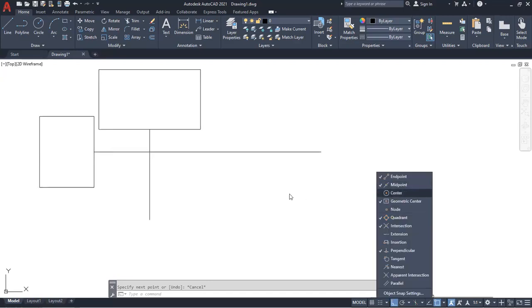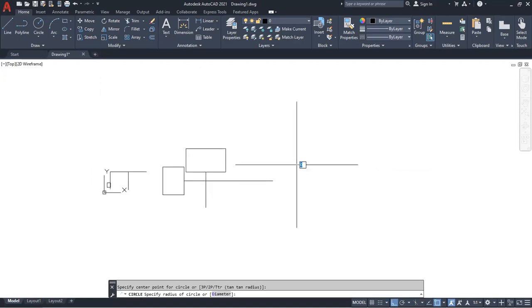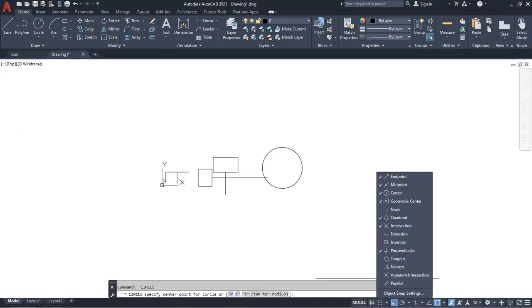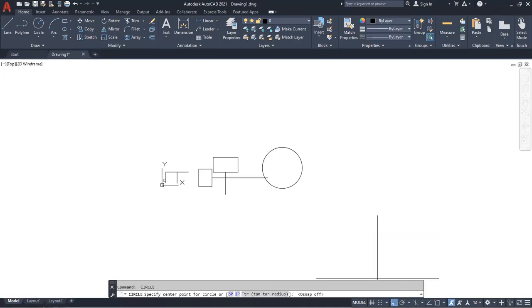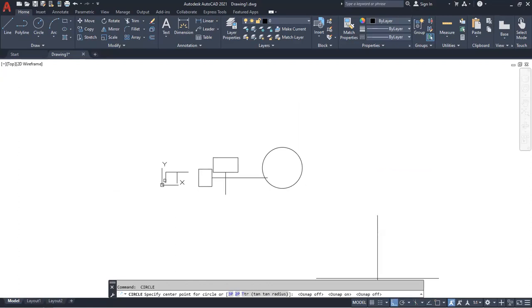We have the center. The center is where I have a circle. And now I want to draw a circle inside this circle, starting from the center of the circle. So I'll make sure that my center snap is on. And now if I say I want to draw a circle,